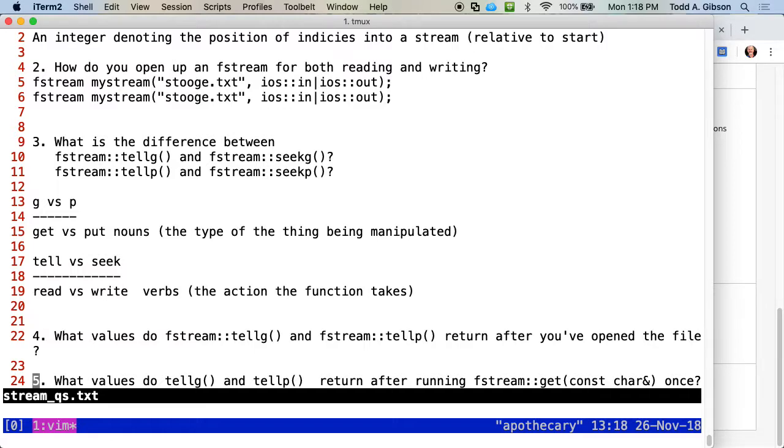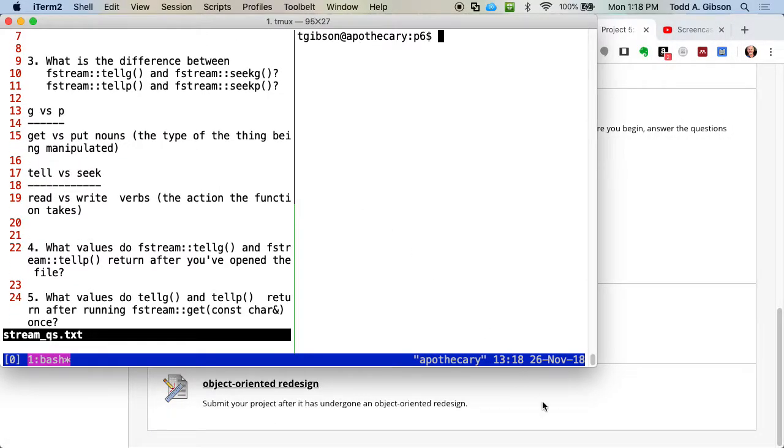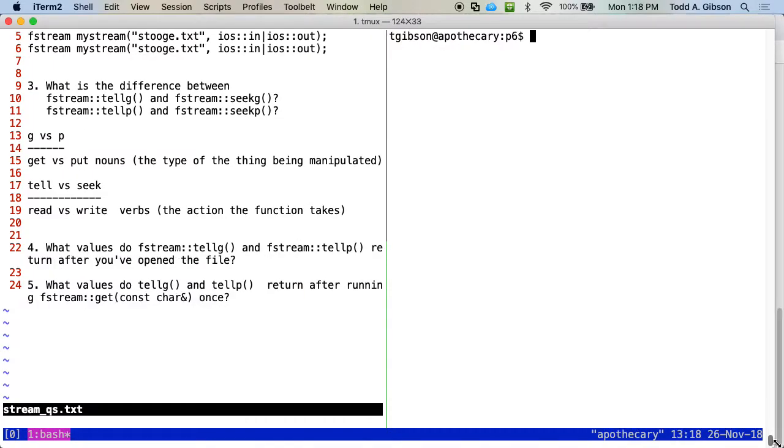Let's write some code to answer these last ones. So let me see. I can do that. I can make that a little smaller, can I? All right. So what do I want to call this? Hot and streamy.